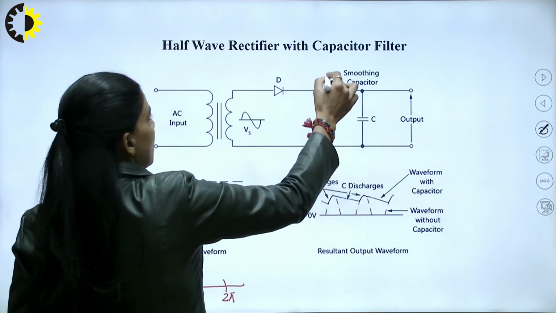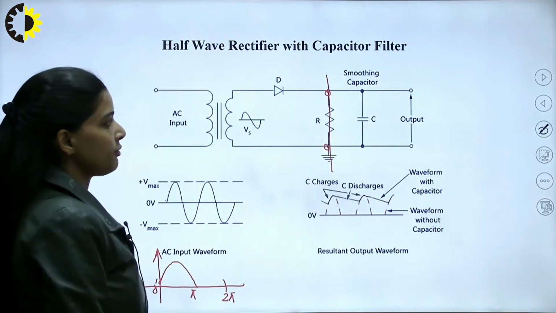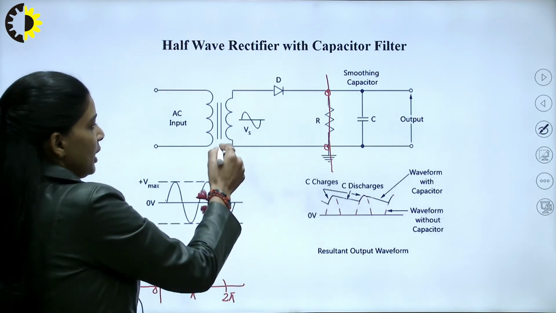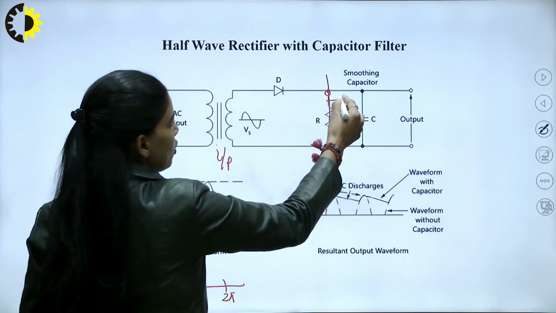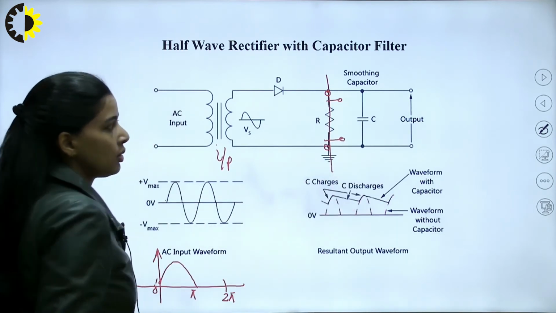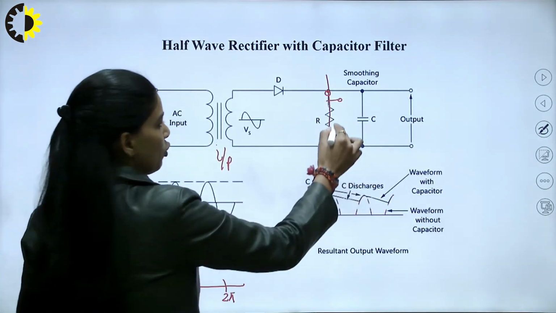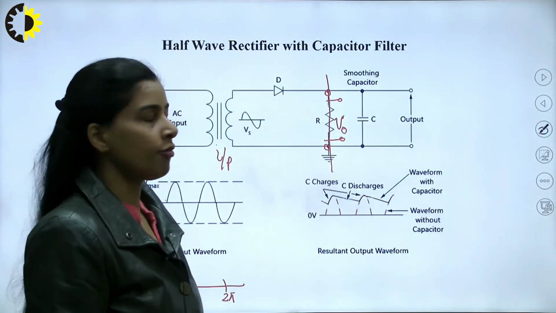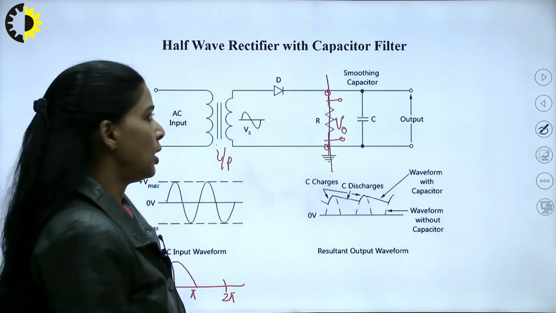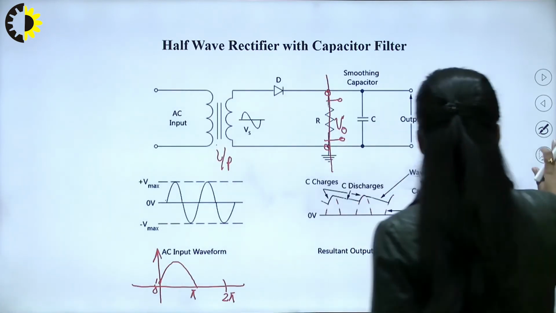So, if you recall, this is our half wave rectifier circuit. We are having input from this side, this is the diode and this is the load resistance across which we were taking the output, and that output was a half wave rectified output with some AC components.